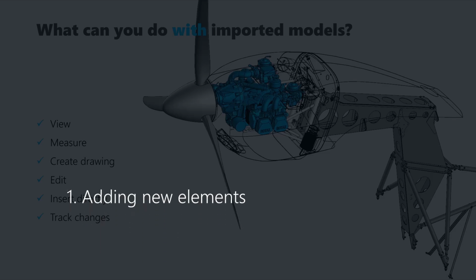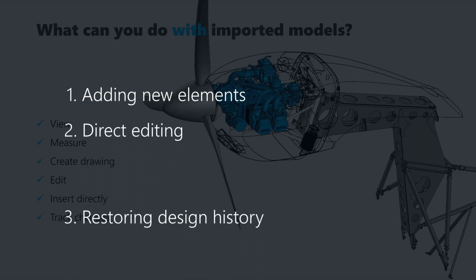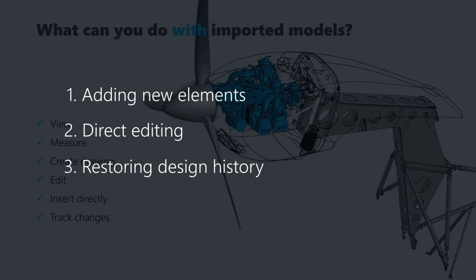First, by adding new elements such as holes, chamfers, ribs, and so on. It's possible either to add material to a component or remove it using standard KOMPAS commands. Another way is the use of direct editing commands. The third way is restoring design history by means of a special KOMPAS functionality. Of course, you won't get the original design history of the model. KOMPAS-3D will analyze the model and create new history based on its logic, but you'll be able to manage the